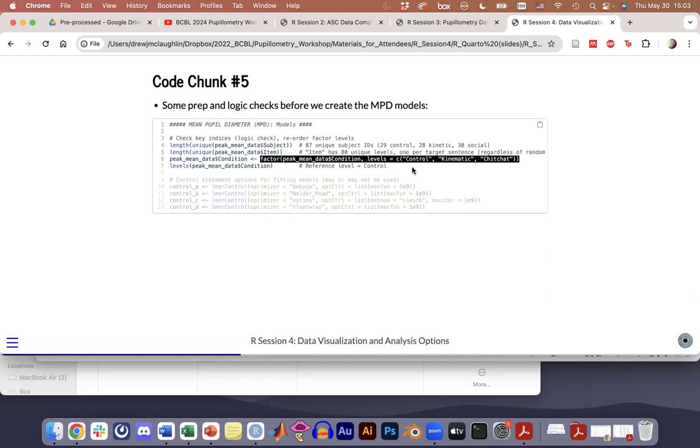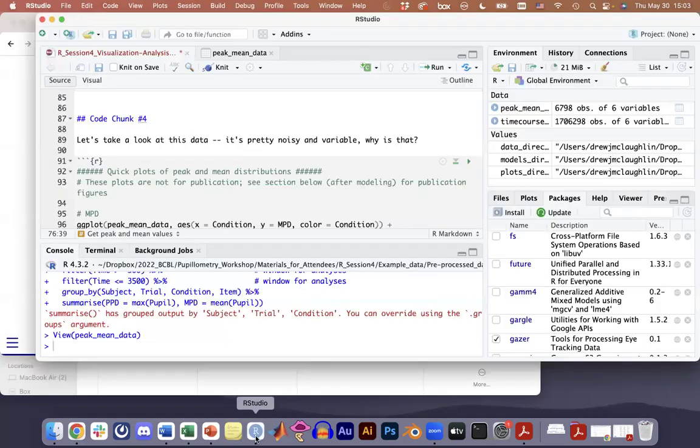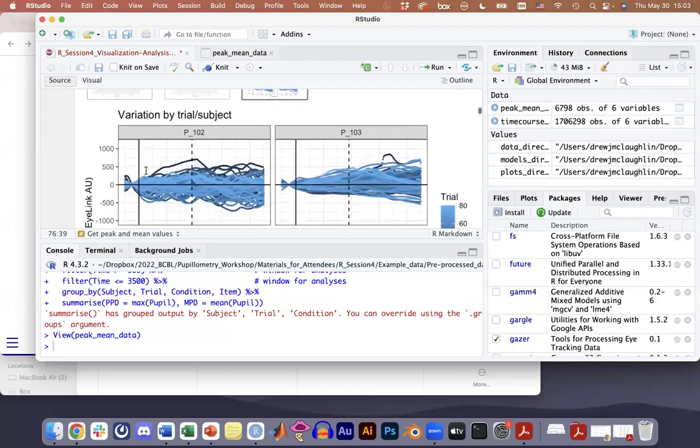And I'm going to be using dummy coding. I use dummy coding a lot, to be honest. And I want my control level to be my reference level in this dummy coding. And then this function will just confirm. So if I scroll down,